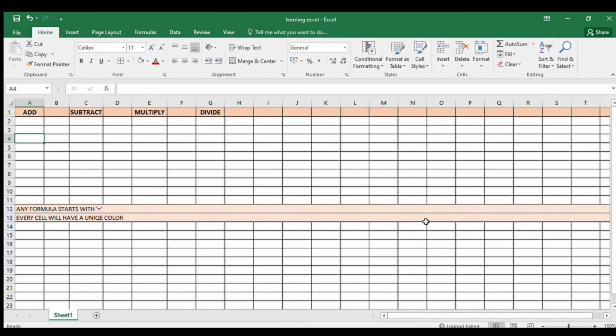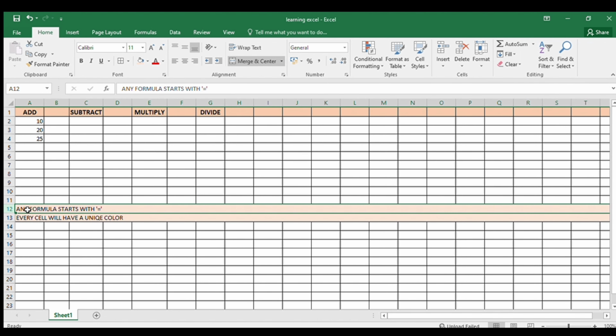Let us today begin with the learning with Excel series. In this series, I will be explaining a few concepts of Excel. If you want more concepts which I forget to add, you can always comment down. I will add those. In this series, we will start with basics, that is addition, subtraction, multiplication, and division. Here I am writing a few numbers.